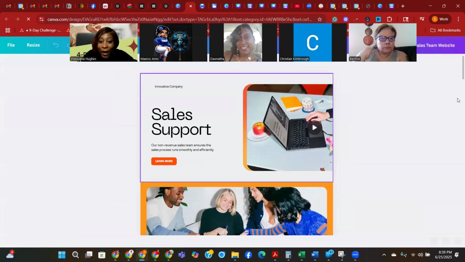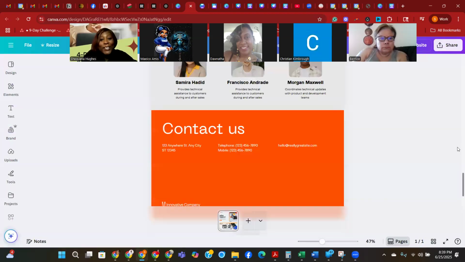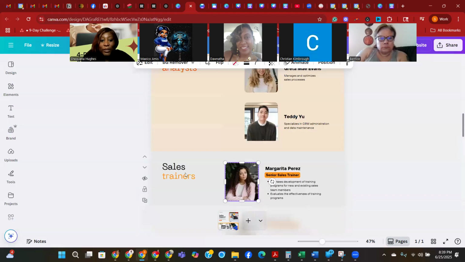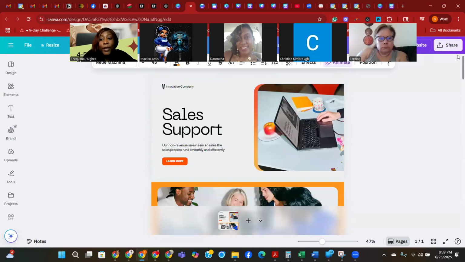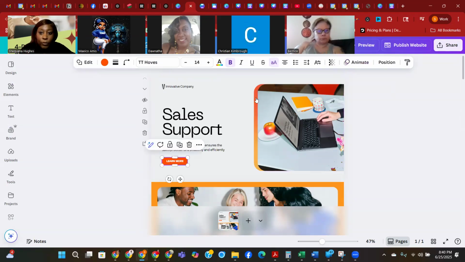Now I would change this out. But look at this, y'all. Look at this. Look at that. And so what you would do is you would just go in and change the wording, change the graphics, change that and all that stuff. Now you can create a website on Canva. You just need a domain for it. So you can publish this website and people can come to it. It's not going to be super, super duper fancy or anything like that. But, people can come to it. You can make this clickable with a link. What the link thing is?